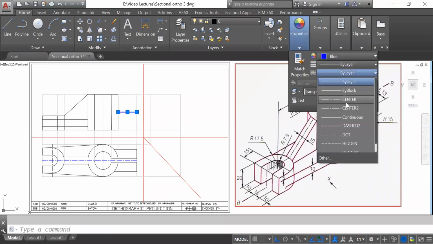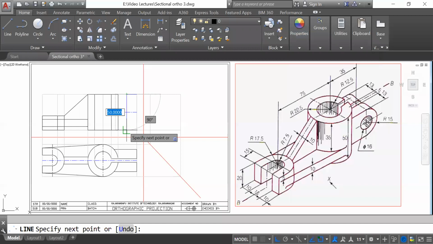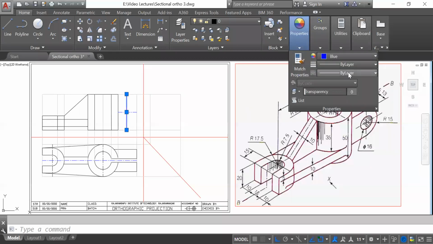Just remember that. Then the vertical center line is on this side, at 15 mm from this corner. Okay, you can delete this now. So here is this vertical center line.